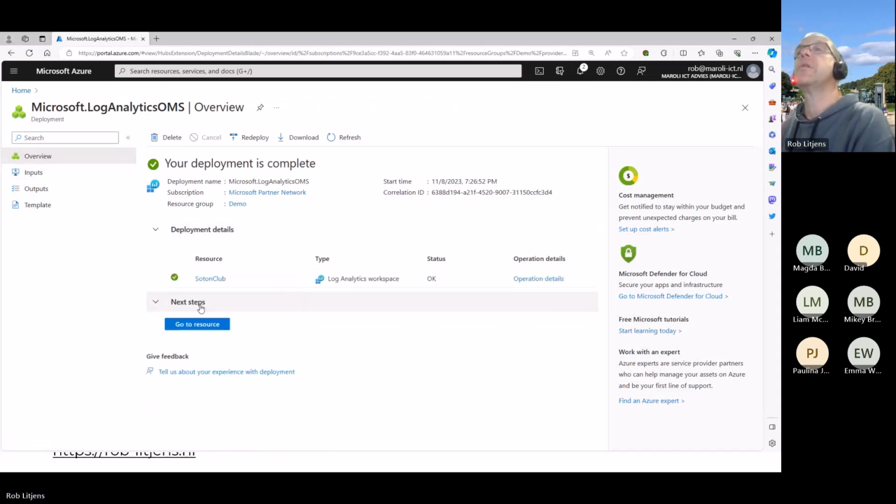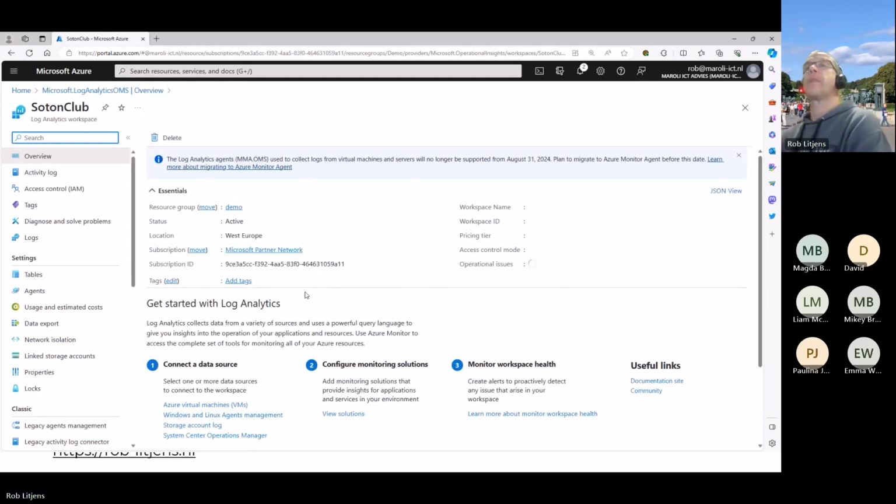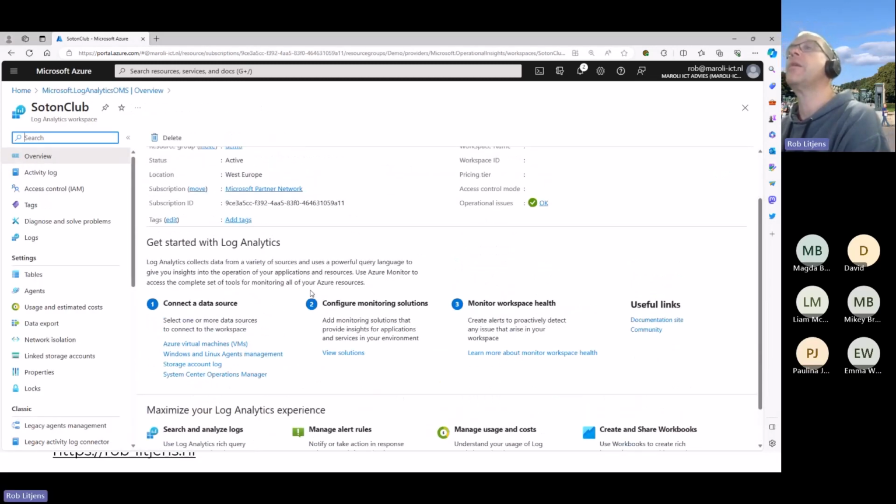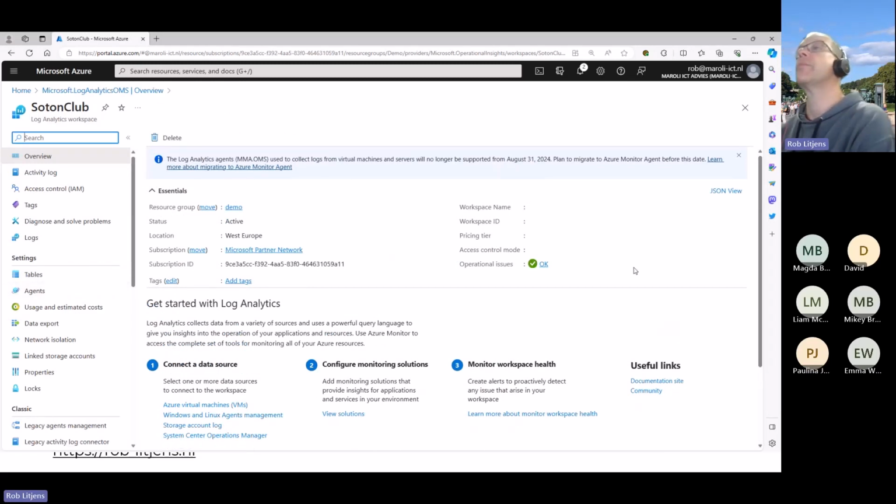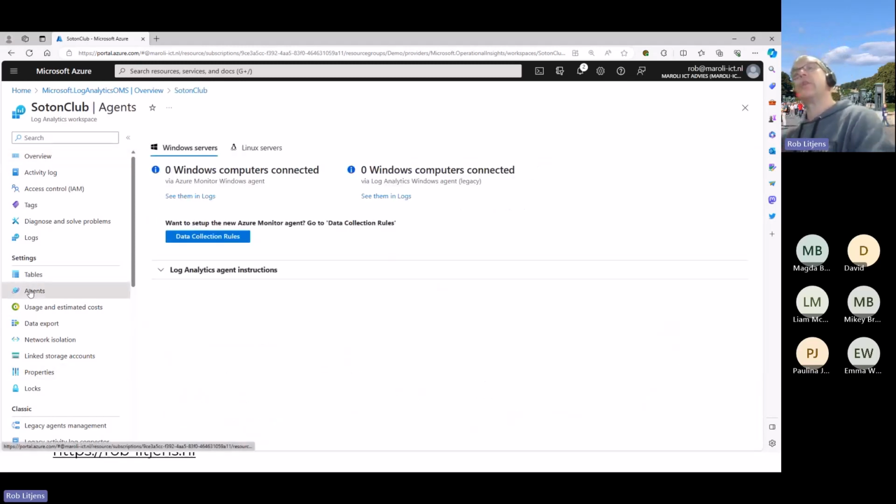Okay, you have to go to resource. In here, what you can see is, for example, if you want to add a service in here. If you click on the agent tab,